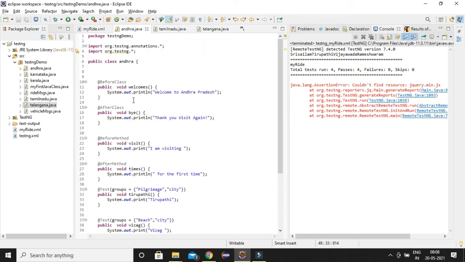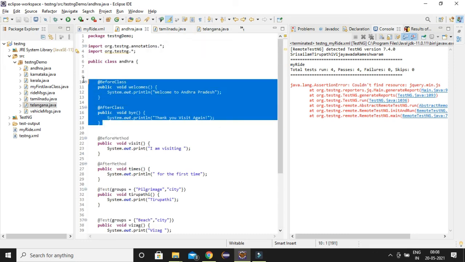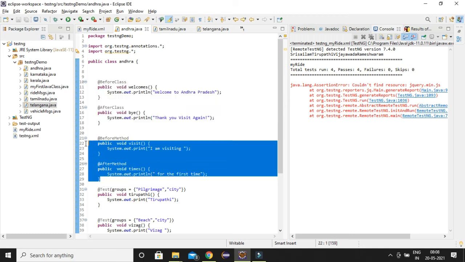If you observe here, before class and after class didn't get executed, right? Before method and after method also didn't get executed. So when you are running a fixed number of tests, and if you want to execute something before the test and after the test, you need to use before group and after group.